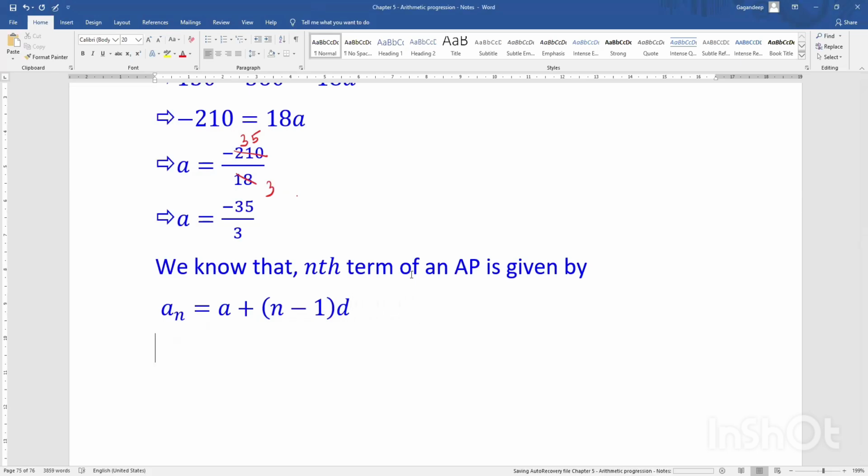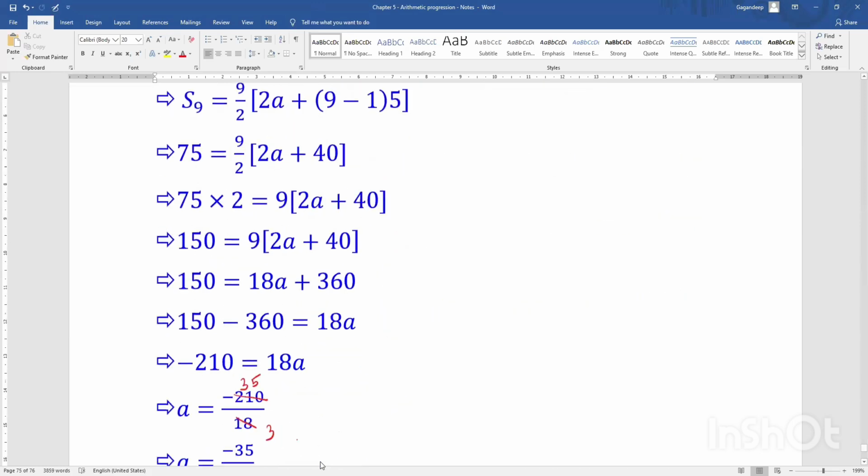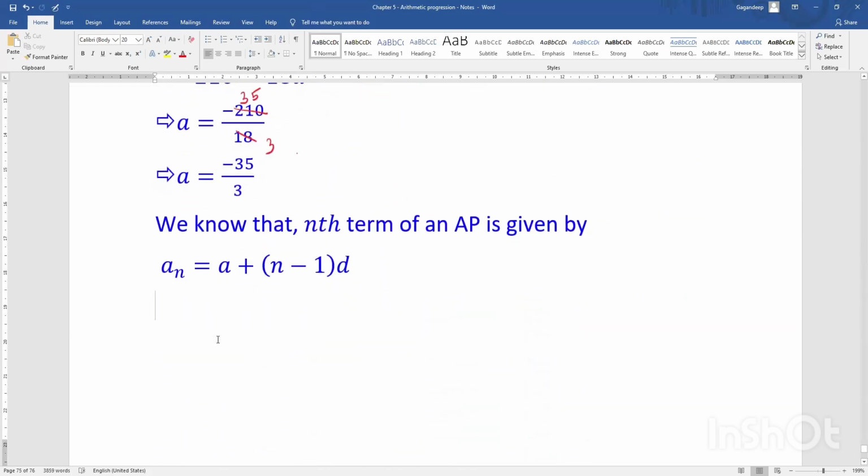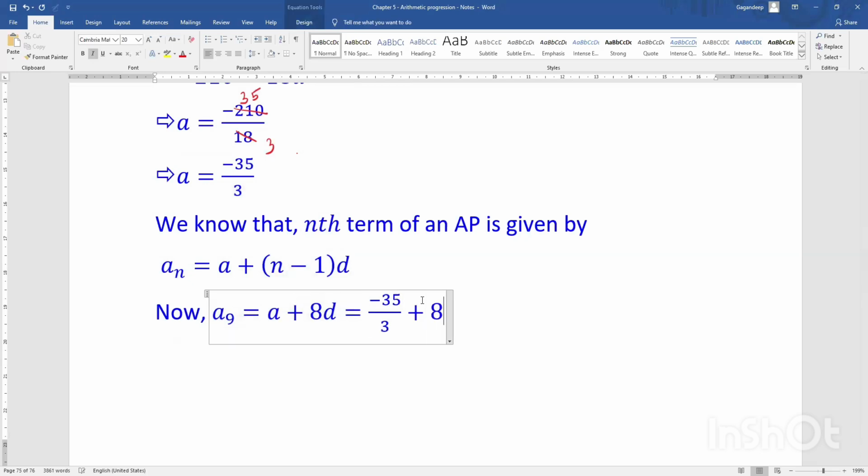Here we need to find out A9. So A9 is equal to A plus 8D, which is equal to A value is minus 35 by 3 plus 8 into D value. D value is 5,